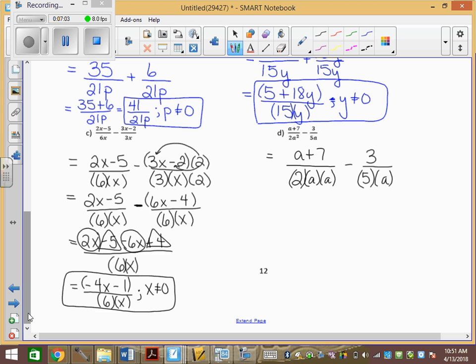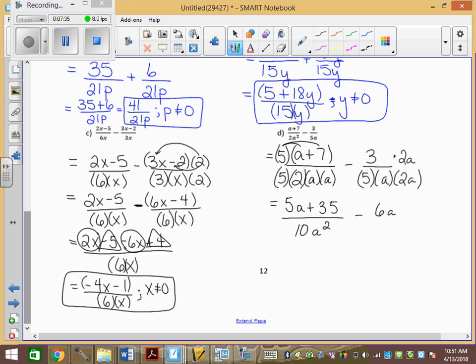A 5. Remember, we can't divide to make common denominators. We can only multiply. Okay? This one has 1a, this one has 1a, but this one has another a, does it not? So this one needs another a, and it needs a 2. So on the top here, I have to put my 5 through. I get 5a plus 35 over 10a squared